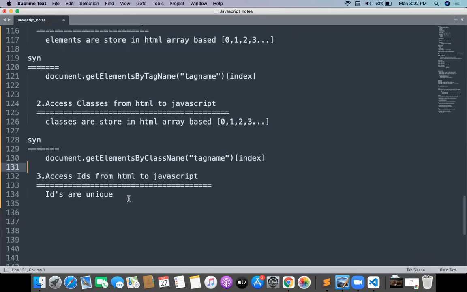But coming to the ID, document.getElementById, not elements here. Document.getElementById, this is singular, and you have to give your ID name. Here tag name, here class name, here ID name.